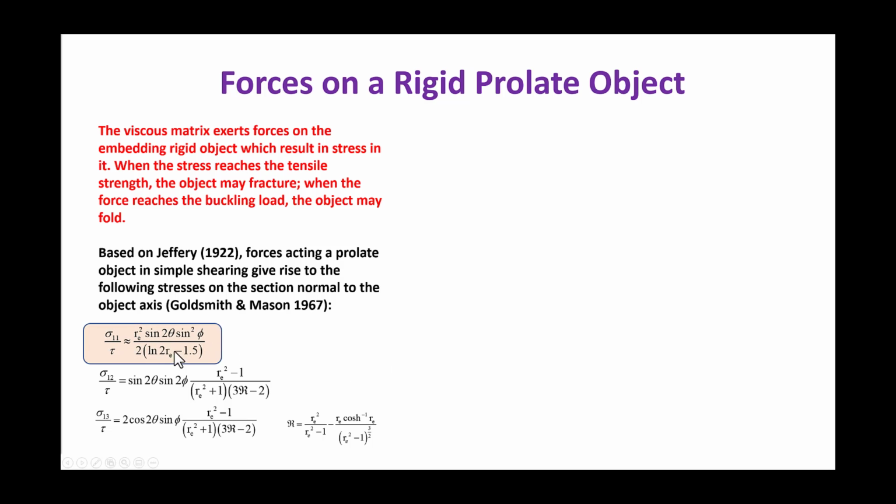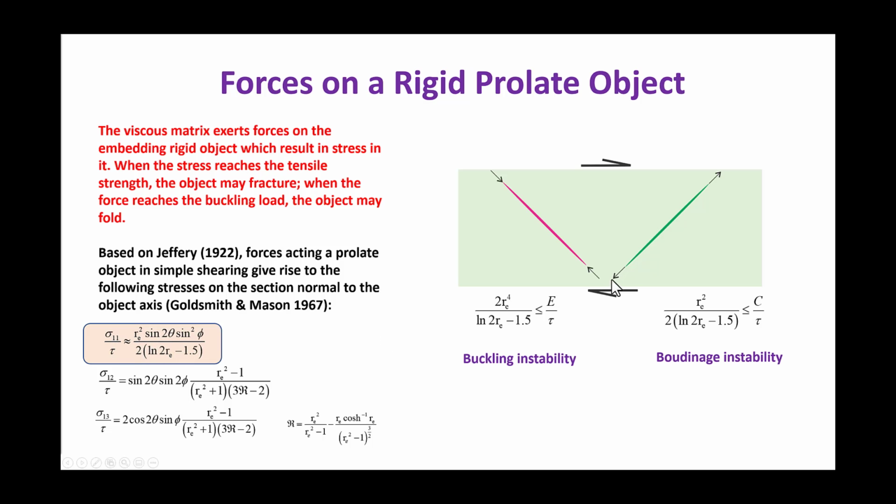So we'll concentrate on the normal stress in the longitudinal orientation of the object. Here is a schematic diagram showing the flow on the vorticity normal section. In this case, phi is 90 degrees, so this term is 1. When theta is 45 degrees, the longitudinal stress is tensile. When theta is 135 degrees or negative 45 degrees, the longitudinal stress is compressive. In either of these two situations, shear stresses are zero.